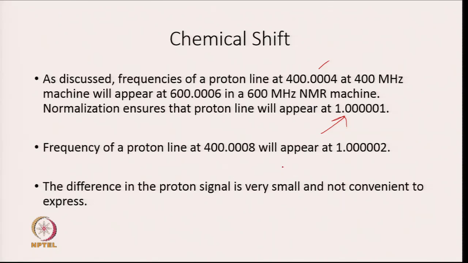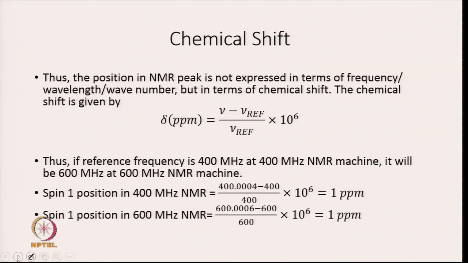Frequency of a proton line at 400 megahertz, this will appear at 1.000002, and so you see the difference between these two is very small, 0.000001, it is unitless. So, the difference in proton signal is very small and not convenient to express, and thus what we do